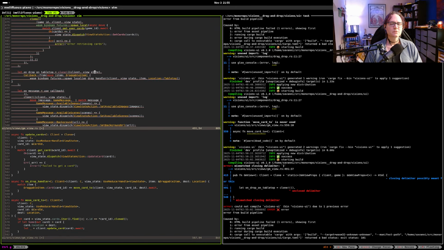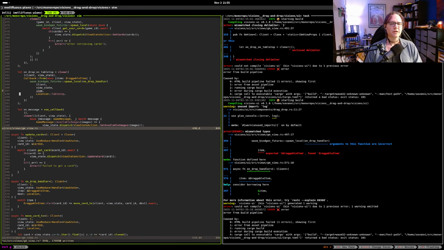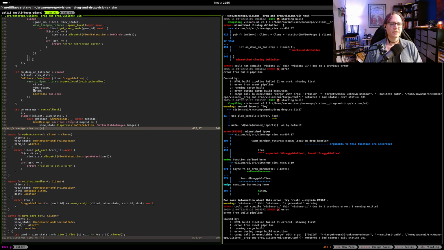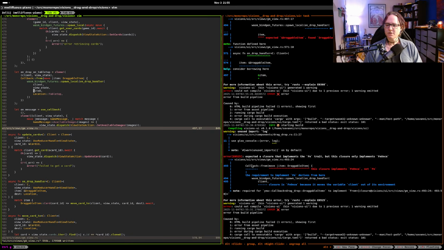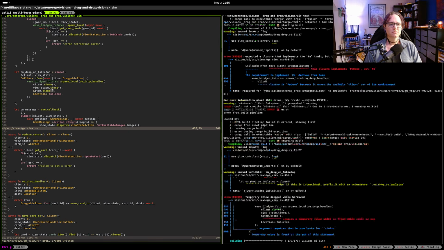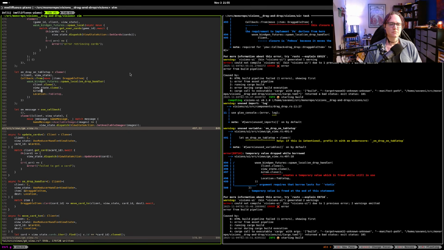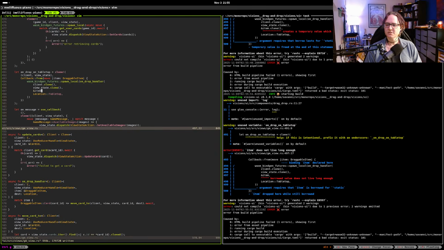So let's do that. Okay, that's not bad. We'll borrow the item, don't need to copy it. Callback from move. The closure implements FnOnce, not Fn, because I am moving these things out of the closure and into the function. So we're going to clone that, and that, and that. Actually, I don't need to clone that. Borrowed value does not live long enough. That's a little... Oh, it's odd because I'm not